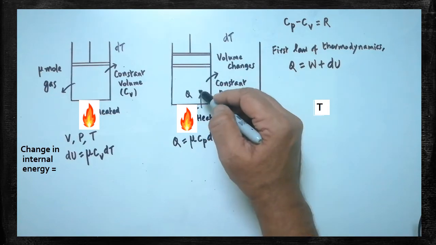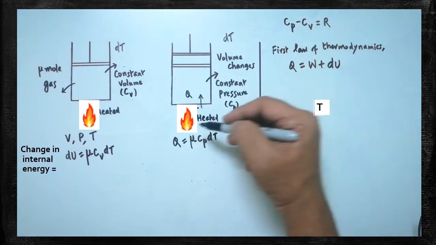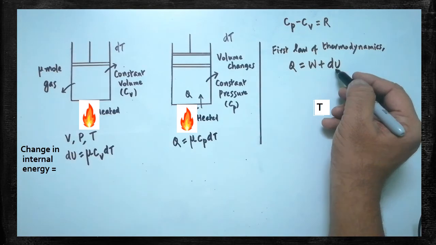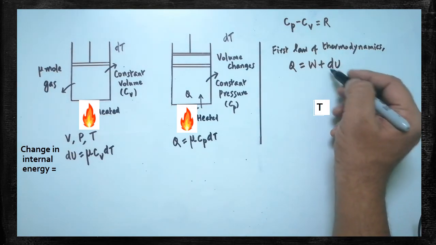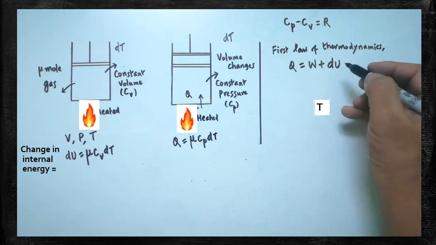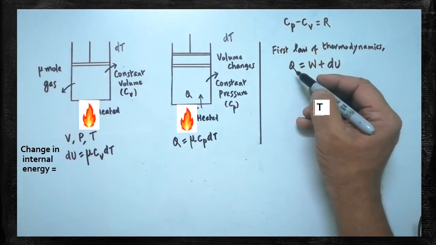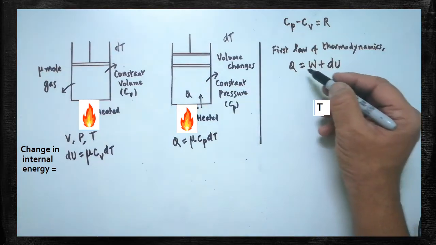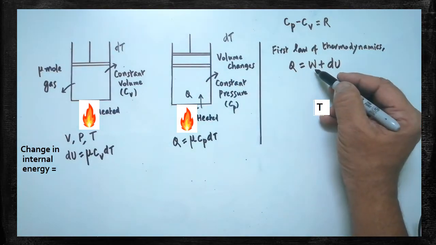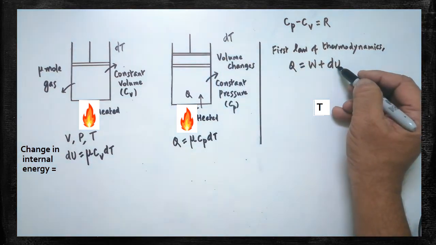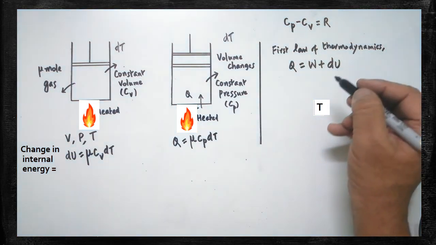Both are clear, changing here due to the supply of heat. That change in kinetic energy, the change in internal energy, is changing. So dU is nothing but the change in internal energy. Internal energy is the sum of the kinetic energy and potential energy of the gas. So if you supply heat to the system, that heat is utilized for two purposes. One is work done, as the piston moves, and another is that a part of the energy is used for the change in the internal energy of the system.